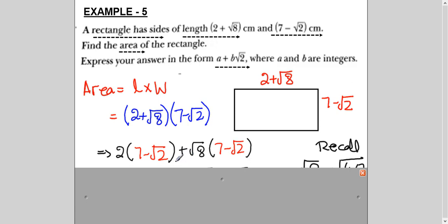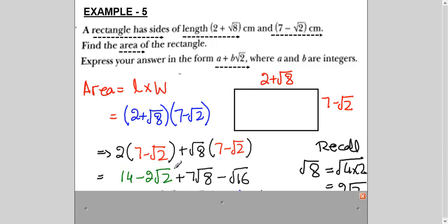Okay, the multiplication or simplification at times have stages where students think what to do next, right? For example, if you see here, when I'm multiplying 2 sevens are 14, 2 root 2, 7 root 8, and why did I write here 16? Because I'm multiplying this by this. So root 8 multiplied by root 2 is 16, right? Now in this simplification, some students get stuck here. They say, we don't have the square root number same. What do we do next?